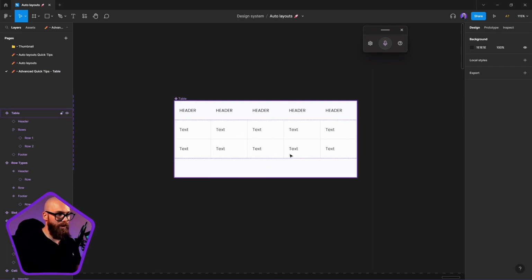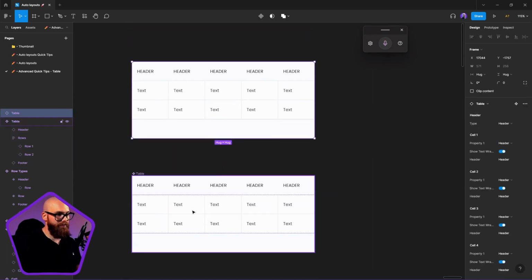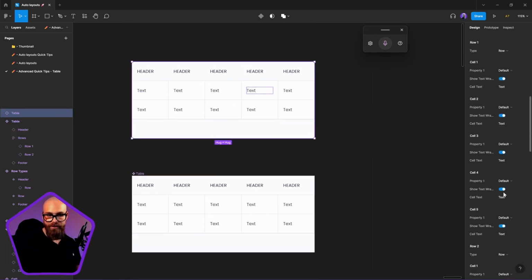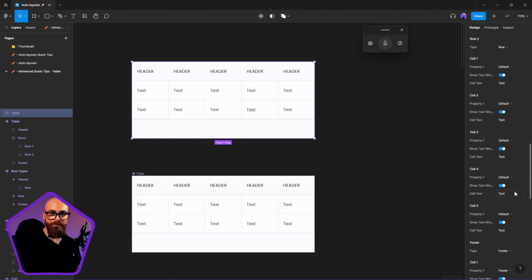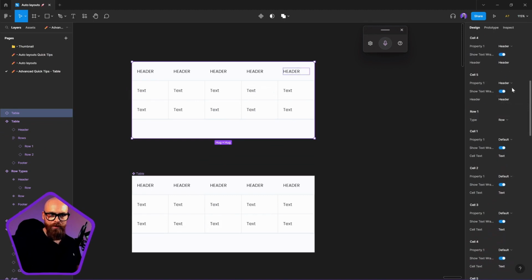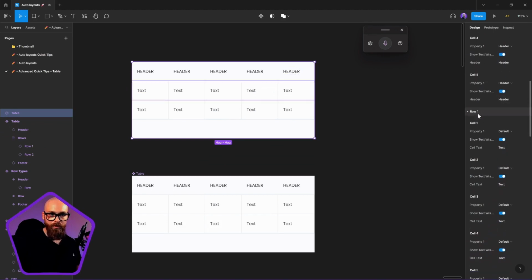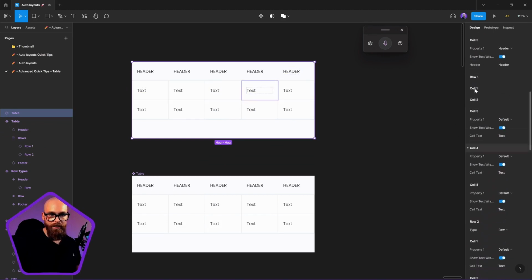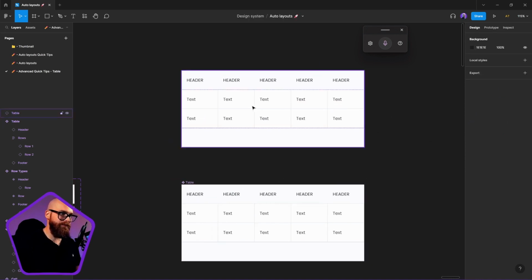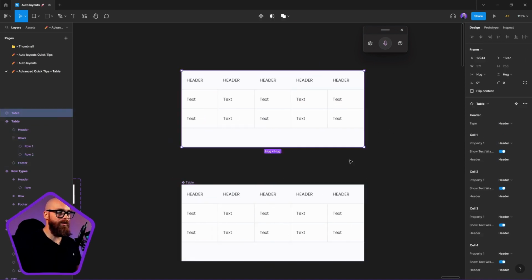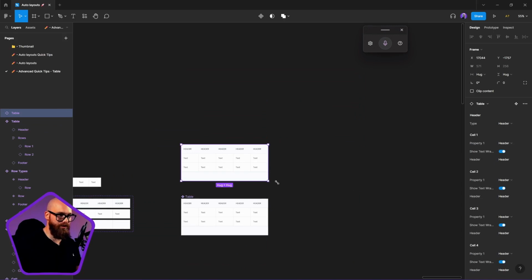And because I've done 1, it will also add in the next actual section for that row. So there's my row 1, and there's the cells for it. There's my row 2, and there's the cells for it below it. And that's how we can build basically an actual dynamic